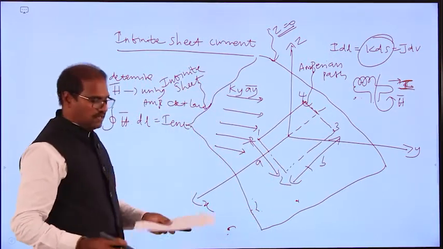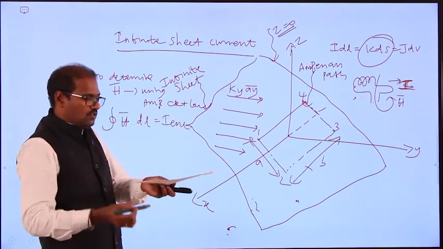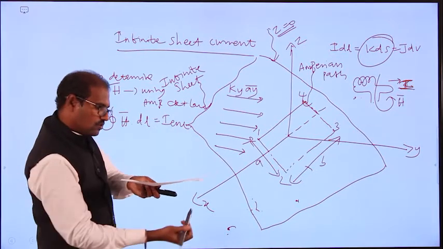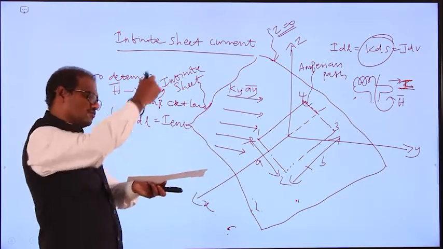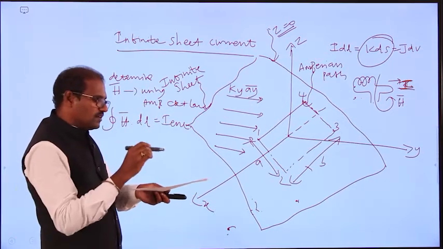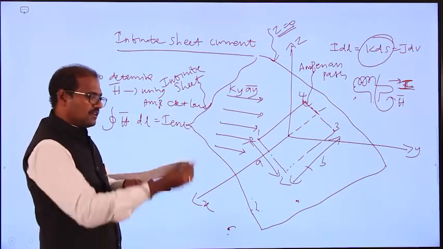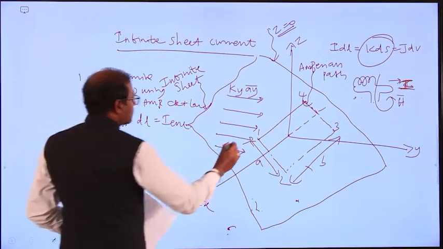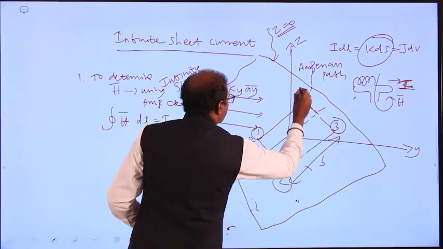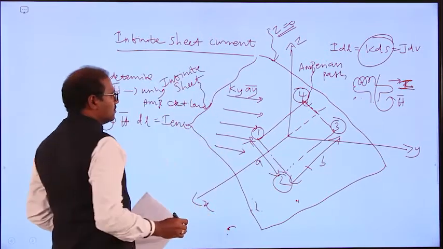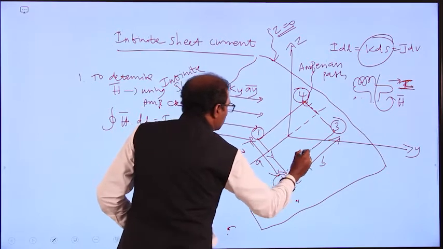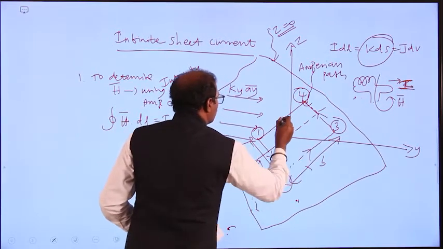Path 1, path 2, because this point no. So above, 1, 2, 3, 4. So like that it will be rotating. We can say the current is moving and the magnetic field is like this. So we can go for path number 1, path number 2, path number 3, path number 4. The magnetic field component will be moving like this, the magnetic intensity moving like this.